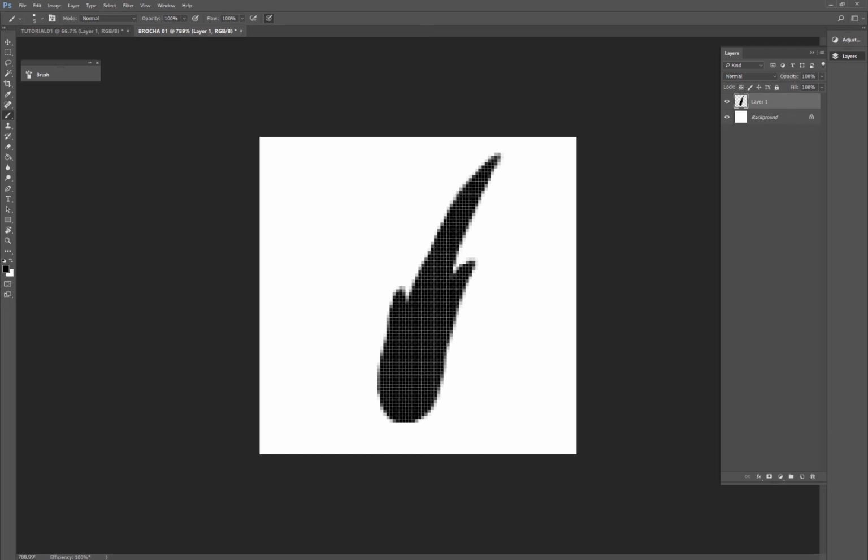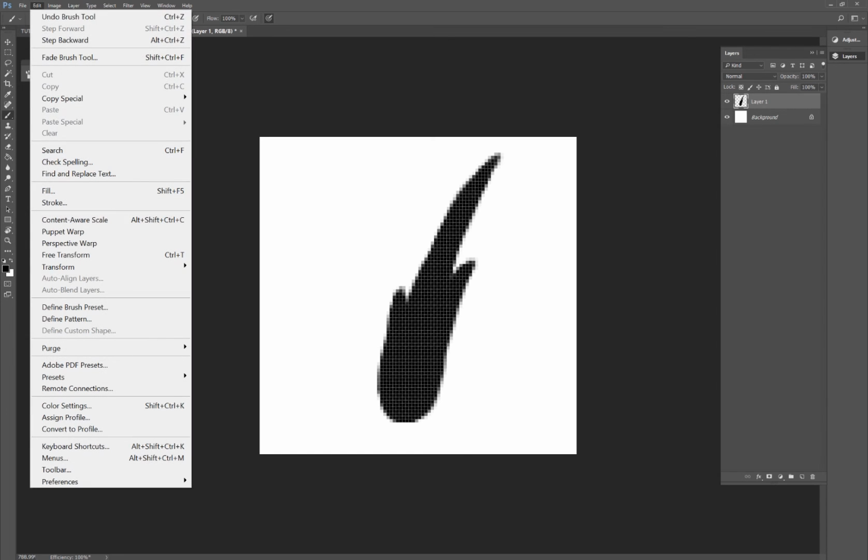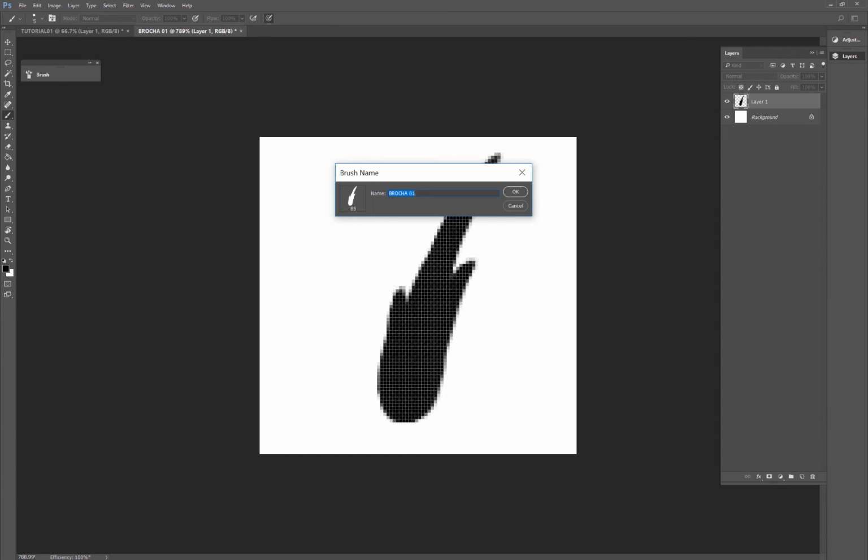So once we have our shape, we'll go to Edit, Define Brush Presets. We'll give it a name, click OK, and return to our previous document.